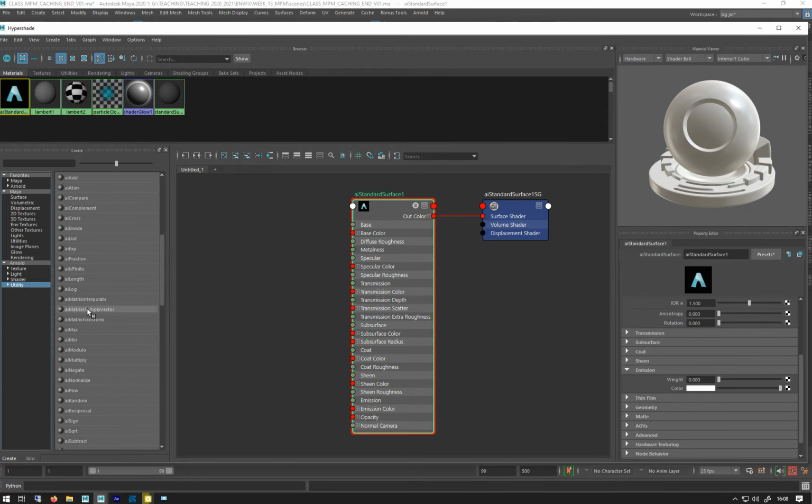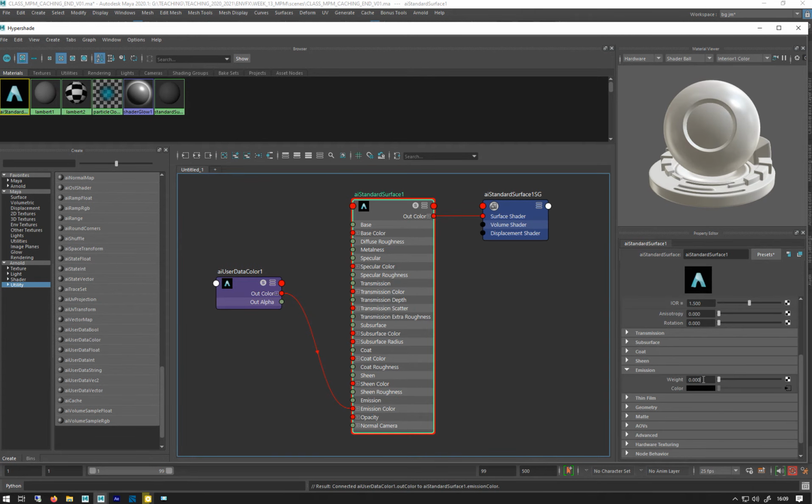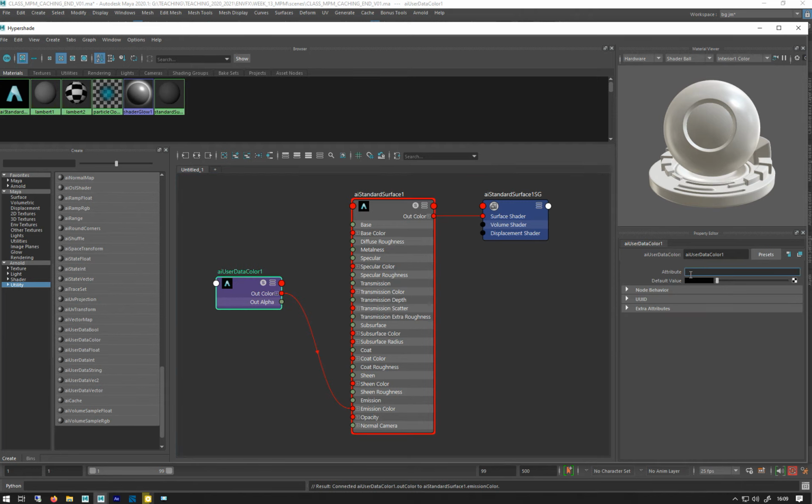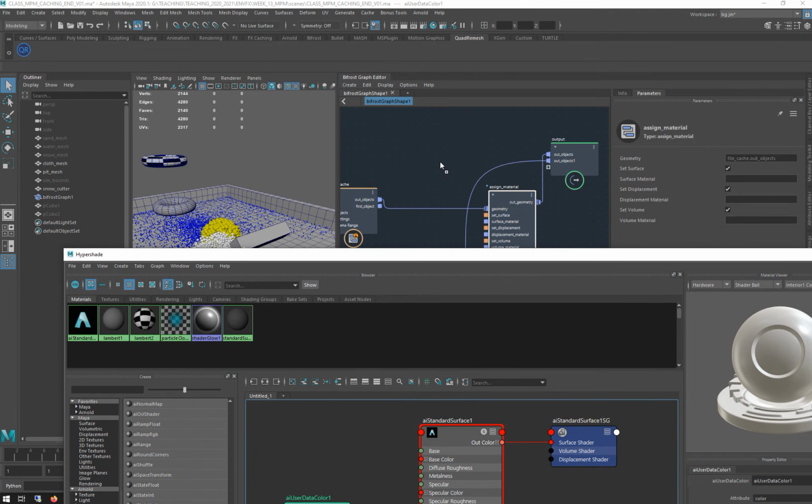Go to utility because we want to get hold of that color we've given them. So AI user data color. Just going to plug that into the emission just so we don't have to bother with the light. Put the emission to 1. User data color. Make sure we write in color, but not capitals. Capitals won't work. Color like that, and then just drag that in,